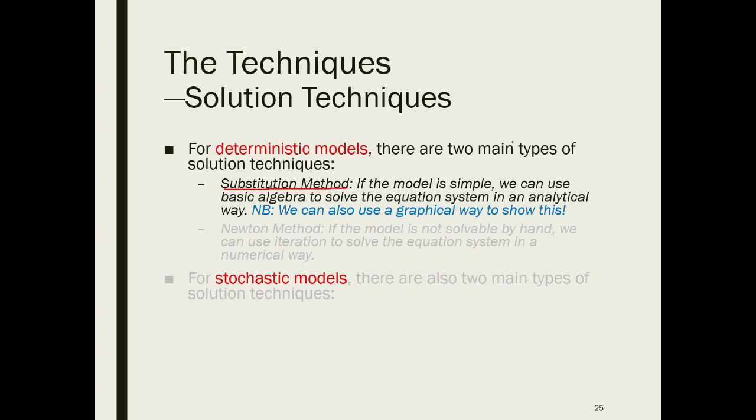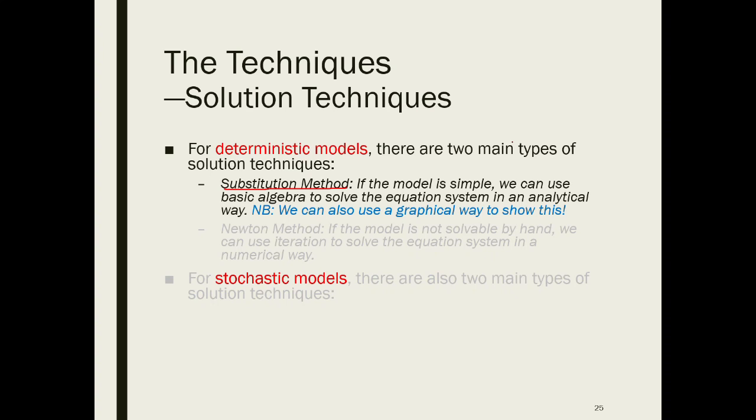If you ever plan to do a PhD in your future, then you may face a very complicated equation system, which can no longer be solved by hand or by substitution method. In this case, you will have to learn the Newton method, which is a very smart numerical algorithm. I used to teach this module, and you can still find the course on my website if you're interested. It is one of the most challenging but fun modules I ever taught. But this is not required for this module. It's not for the exam of this module.